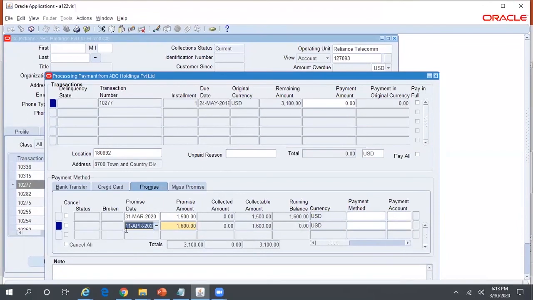If the customer has not made the payment, the status will be broken. And as soon as there are broken promises, the collection status of the customer will change from current to, say, delinquent. And if the customer becomes delinquent, you have other strategies or scoring engines behind the scenes which will do different calculations. In some cases, you also charge interest on different invoices with the customer billings if the customer becomes delinquent. So save this.